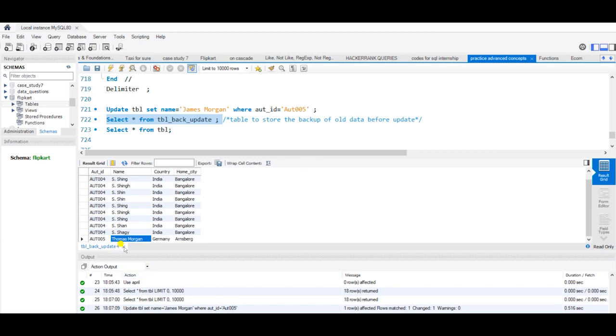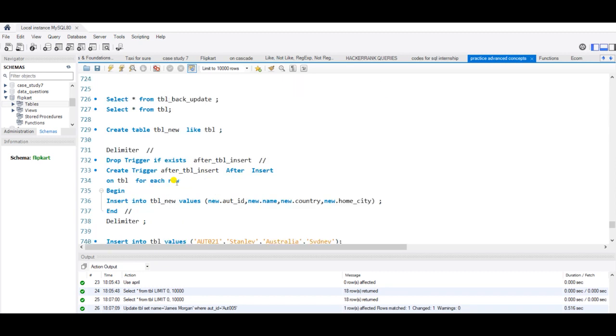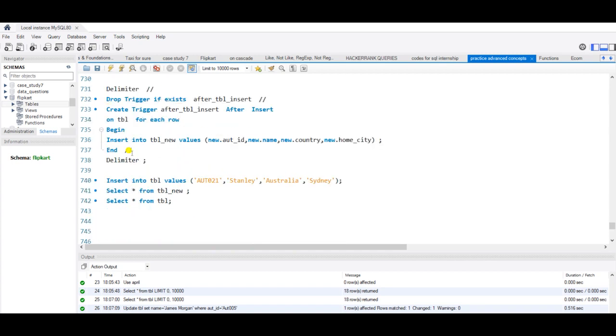So now using the same table, we have another trigger, after insert, with the same structure as that of the previous one, which will insert the newly inserted record into TBL new. This TBL new has the same structure as that of TBL in order to store the new rows which we have inserted into the database. So I have already run this trigger, and now I want to insert this new record